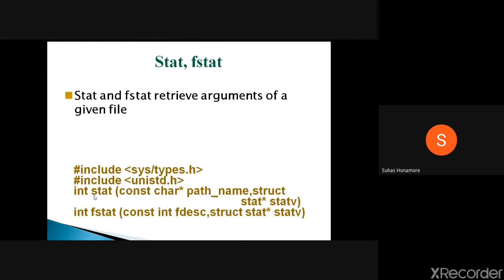So stat is the function API we call. You give the path of the file, and we get the structure back; whatever structure we pass in, we receive the information there. Here we gave a file path and received all the attributes. The counterpart is fstat: instead of a file path you may have an already opened file descriptor.